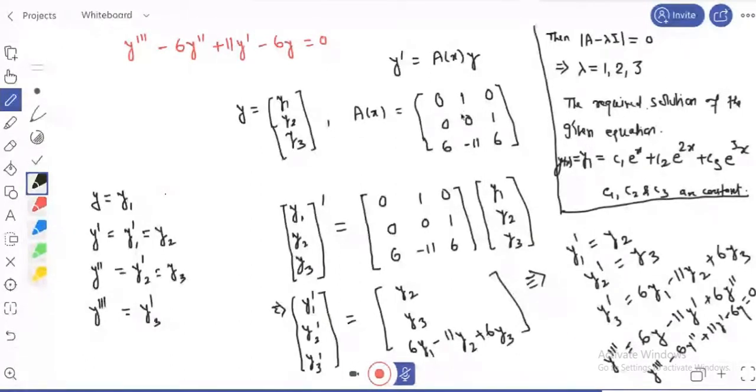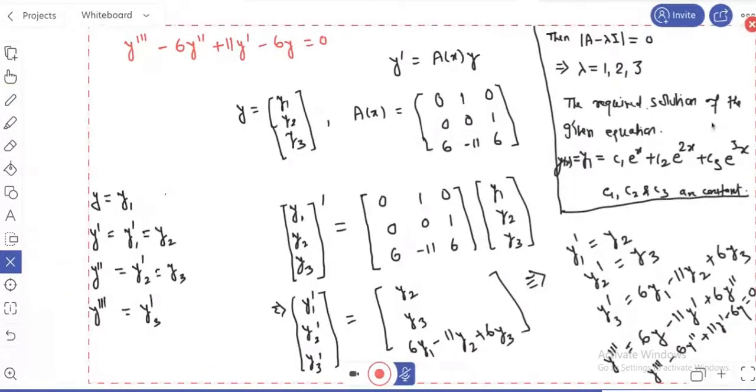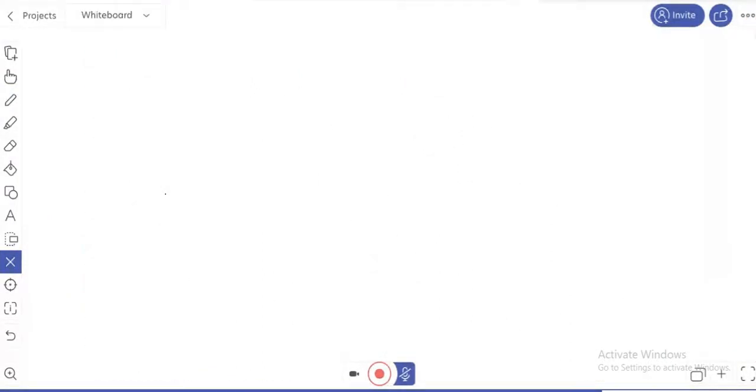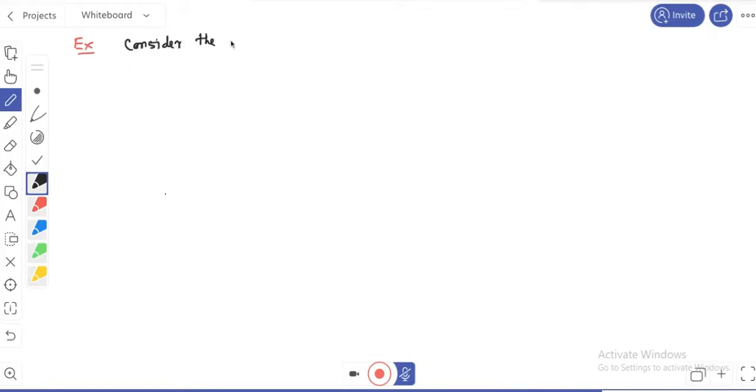Okay, so the next topic: yesterday we had already discussed how to find the particular integral. Now we solve and calculate how to find the particular integral of any differential equation. Okay, so next page, if we consider the equation